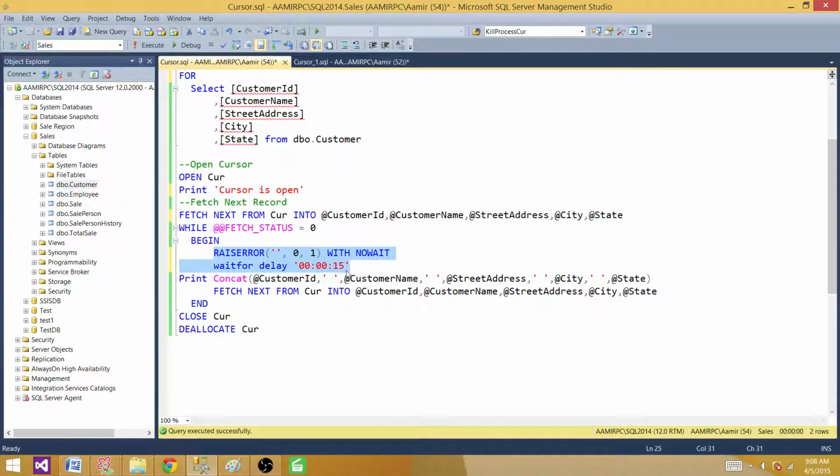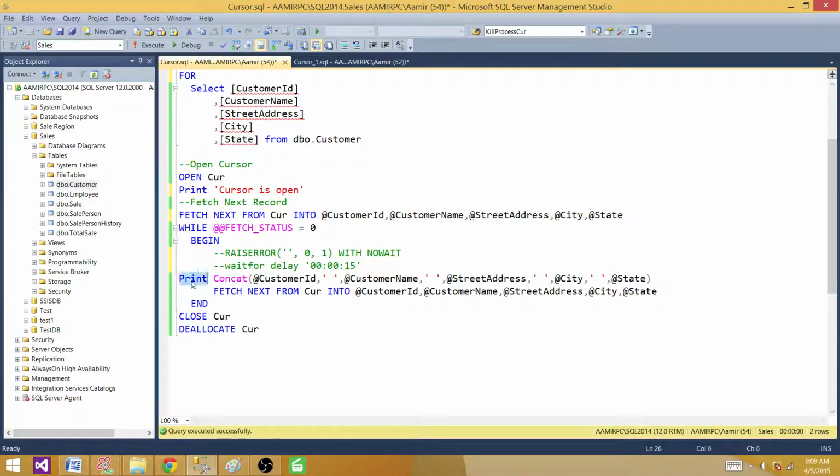So here I'm going to explain these statements. These statements I'm using here only to print those values for you. So RAISERROR, if I would not use this one, and I have WAITFOR DELAY 15, so what's going to happen if I use only this one? It is going to wait for 15 seconds, but it will not print anything after 15 seconds. It will keep waiting till everything is done, and then print everything together. So by using this RAISERROR with NOWAIT, I am able to print right after each of the fetch. So once we fetch it, it waits for 15 seconds and then prints it.